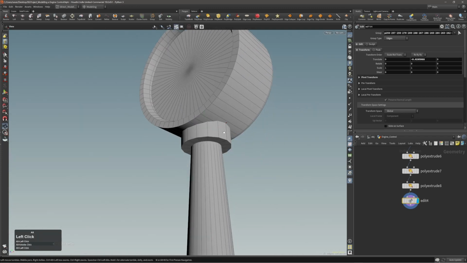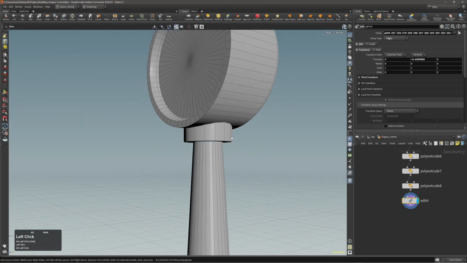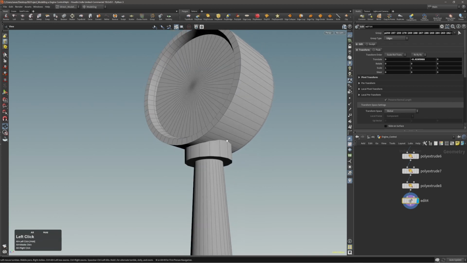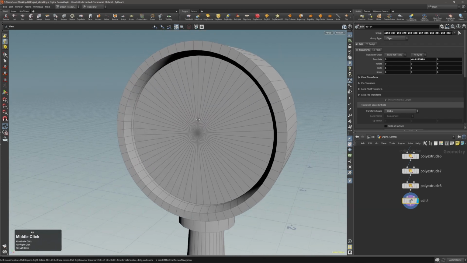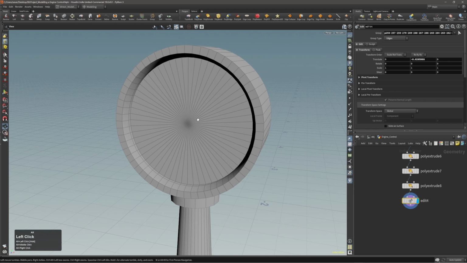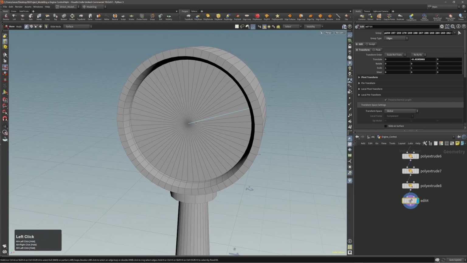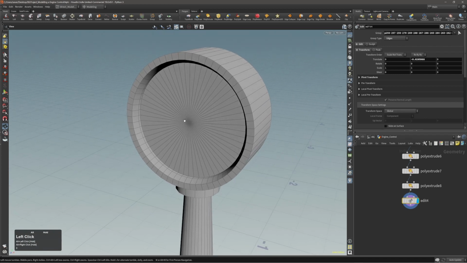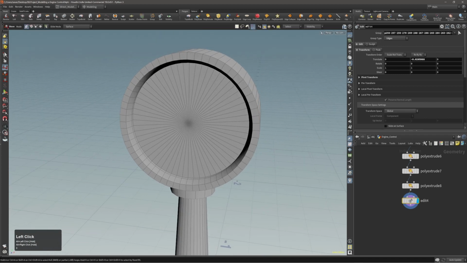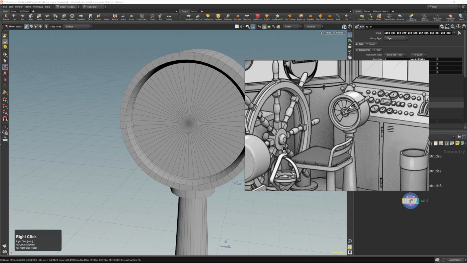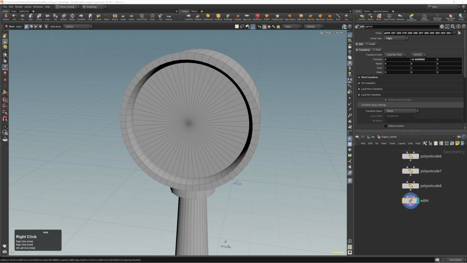Now we can create a hole here, but let me think if I want to do that at the end. For now, let's just concentrate on the main shapes. Okay, so I think this inside is okay. Now we should be creating this part. Now I'm gonna make this as geometry, but usually you would probably do this as a texture. So yeah, let's just do it